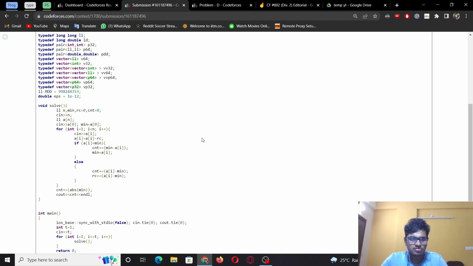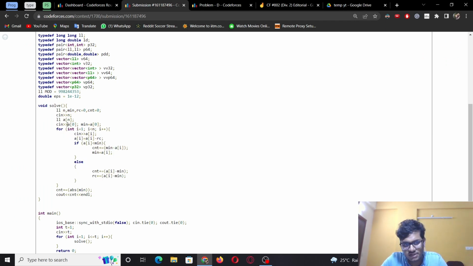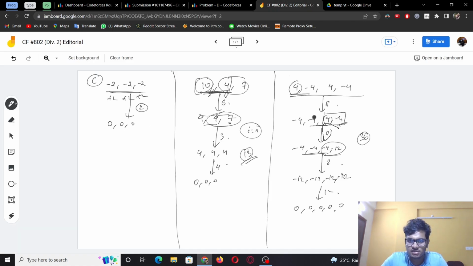And as you have to do it in O of n, I have just done it in one loop. Inside it, first I've taken a of 0 as an input, because I need to initialize minimum to a of 0. And then later on I take ai as an input, and then we update ai by rc, because as you can see, the right entries are affected by the number of times you have subtracted from the right. And then suppose ai is less than minimum, this means that the new element that we have encountered,